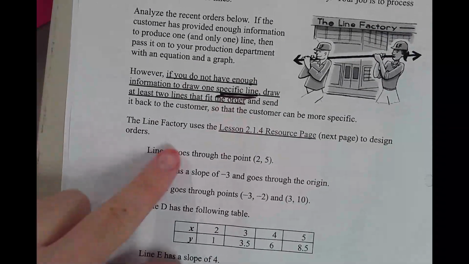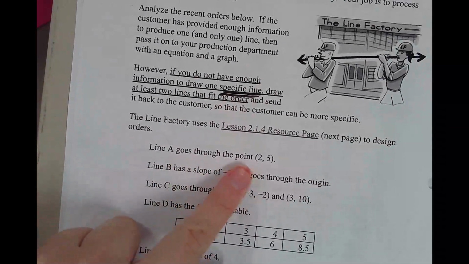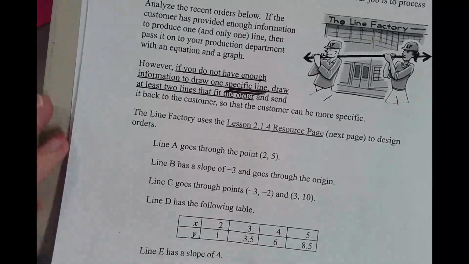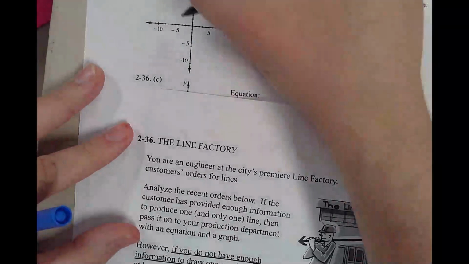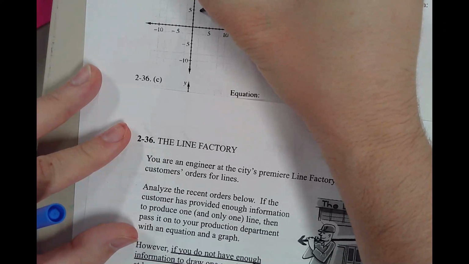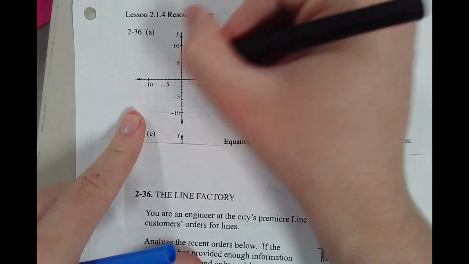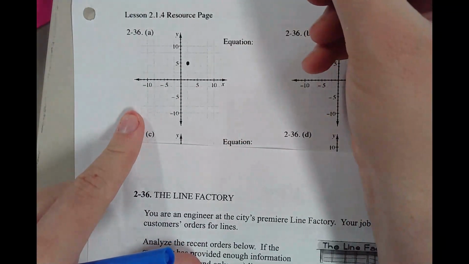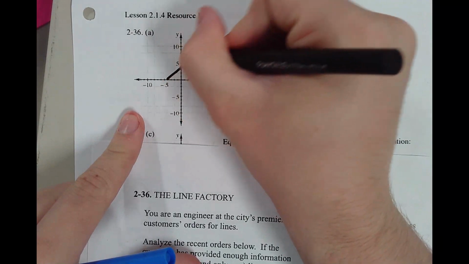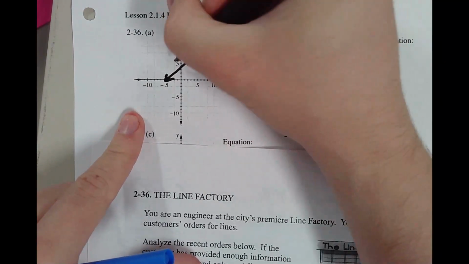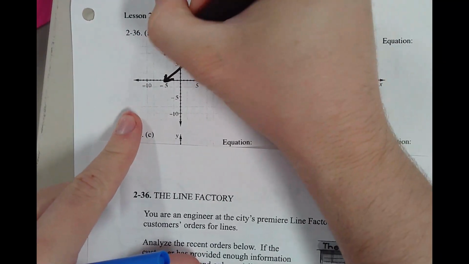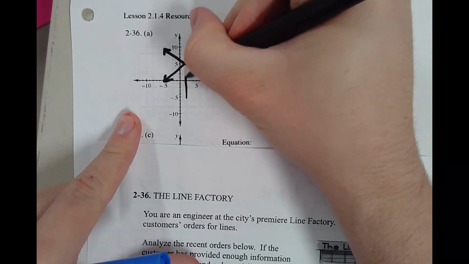So for line A, it says it goes to the point 2, 5. So let's check that one. 2, 5. That's the only information we have for line A. So how many lines go through 2, 5? Right? You can have a positive slope, you can have a negative slope. You can even have a slope that goes through